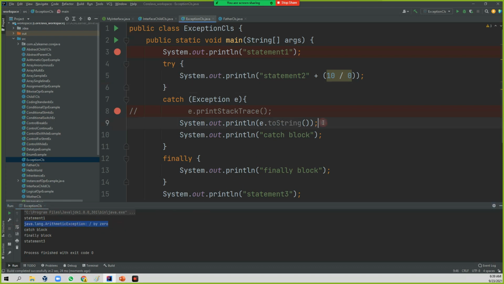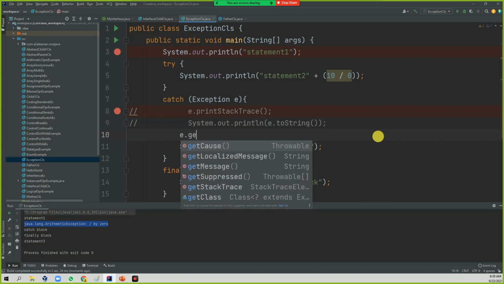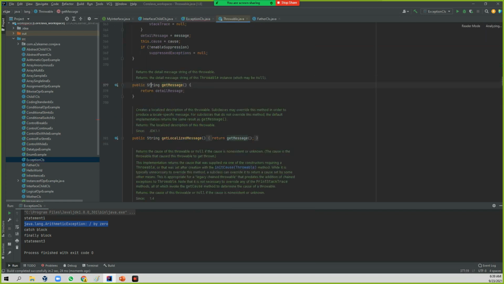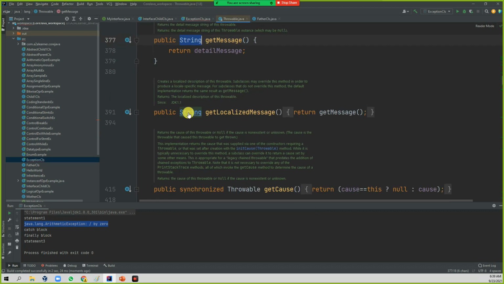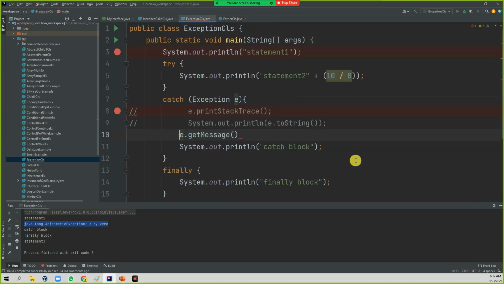Okay. The next thing, another method, is e.getMessage. getMessage also has the return type String. If you see here, getMessage has return type String. So to display that, you need to use a print statement.